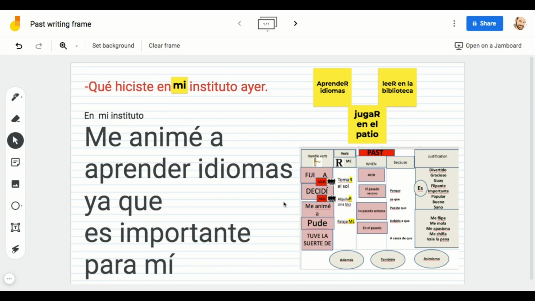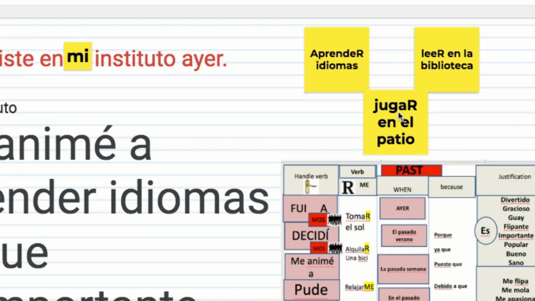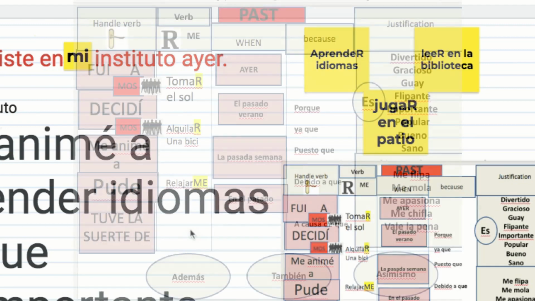And then remember what you can do is use again además o también and choose another handle verb and one of these verbs like jugar en el patio o leer en la biblioteca. Always adapt the frame to the topic that